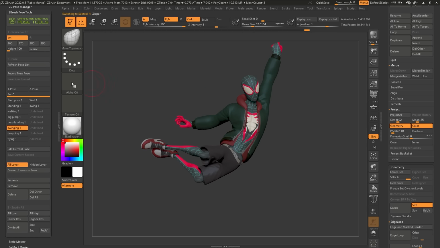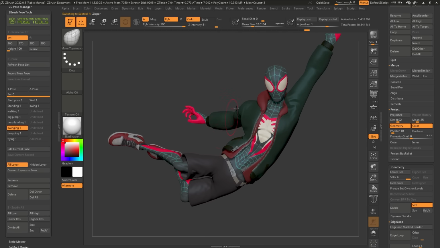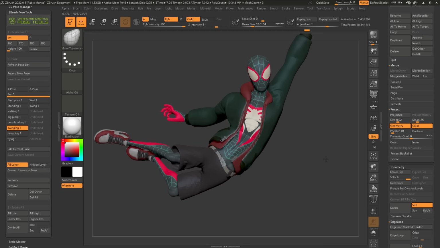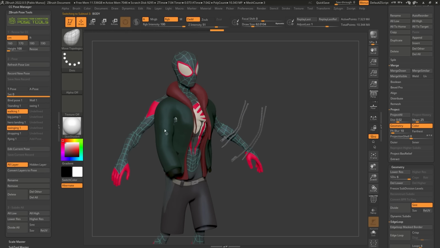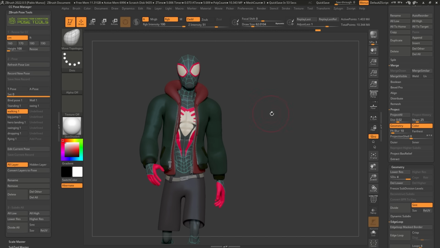And that's pretty much it. We go back to having all the switches available to us, and you'll see we have all these edits and all these fixes that we did recorded in this layer. I should have just fixed this one as well, but it's a very simple thing to do. And now if I switch back to, let's say, the walking pose, we don't have those wrinkles in there because they belong to this swinging layer. All right, so that's looking pretty good.